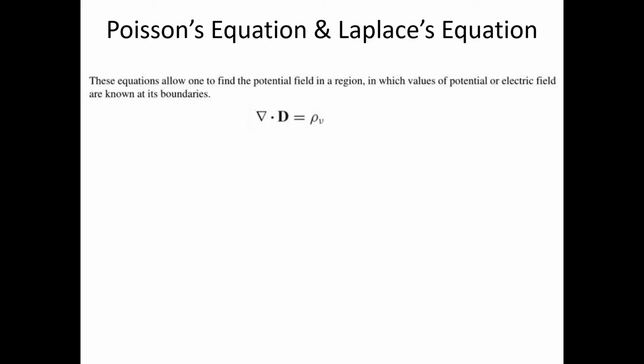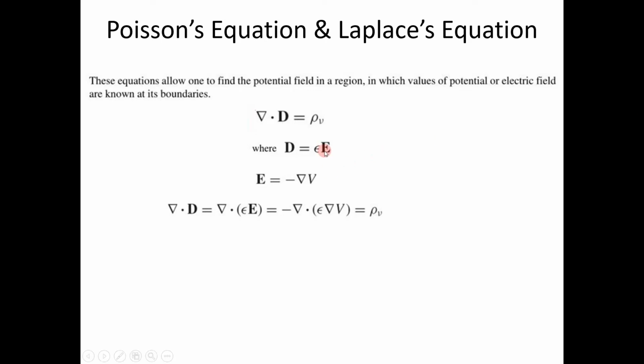Let's first start with Maxwell's first equation or Gauss law, which states that del dot D is equal to rho V. Rho V is charge density, charge per unit volume. And also we know that D, which is electric flux density, a vector quantity, is equal to epsilon E, where epsilon is permittivity and E is electric field intensity. And again, connecting E and V, electric field intensity E is equal to negative gradient of electric potential V. E is equal to minus del of V.